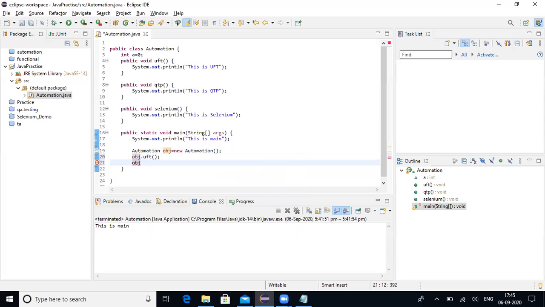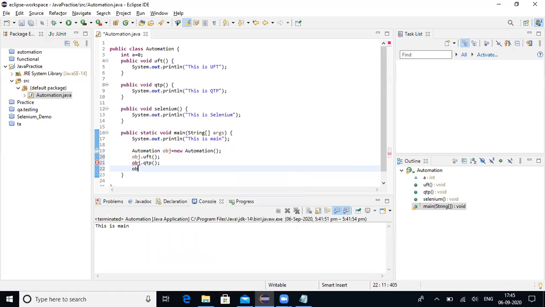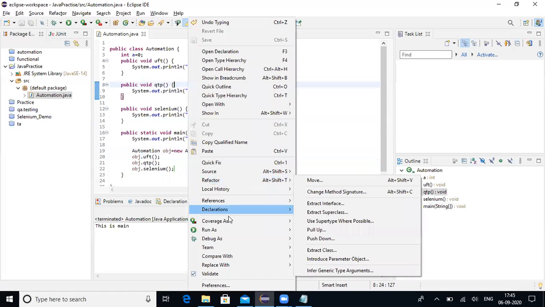And if you call QTP, object dot selenium, so this is the way you can create an object for a class. Using the object, you can call different methods. If you run this program,